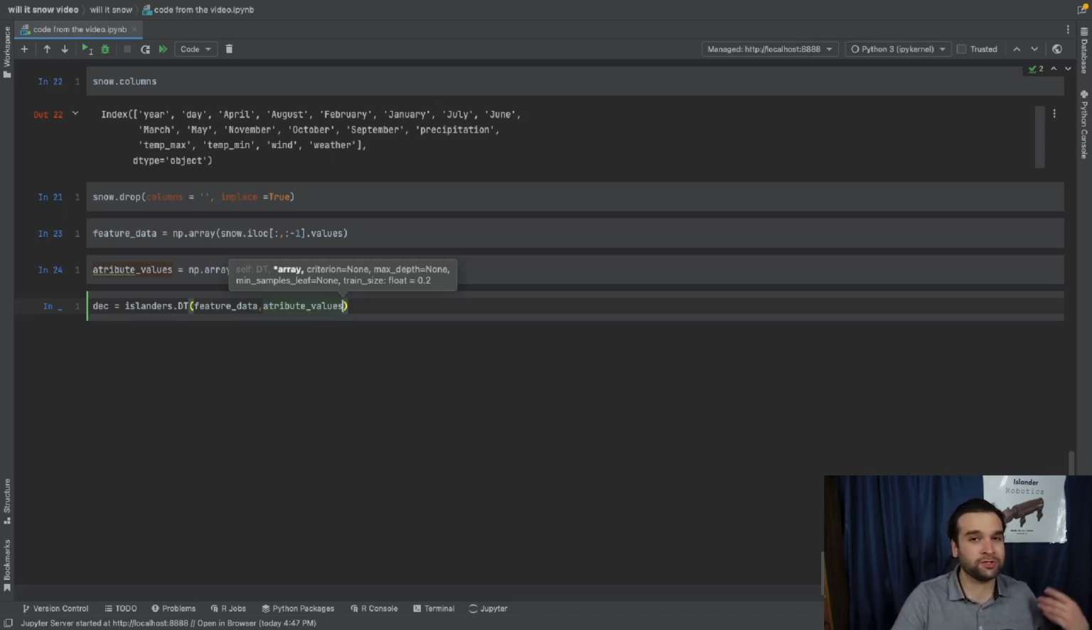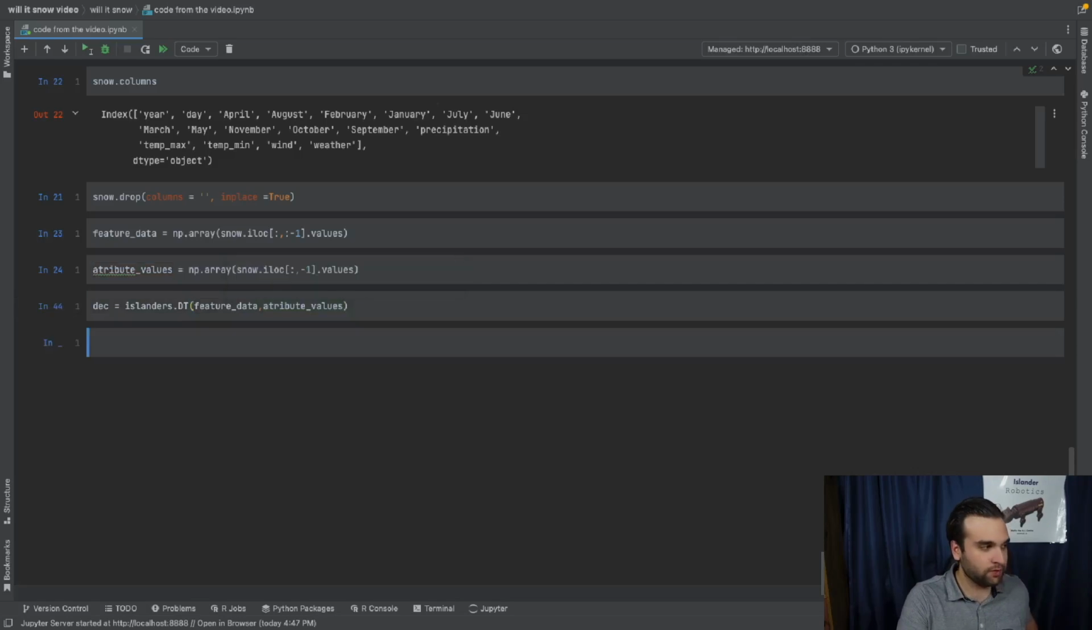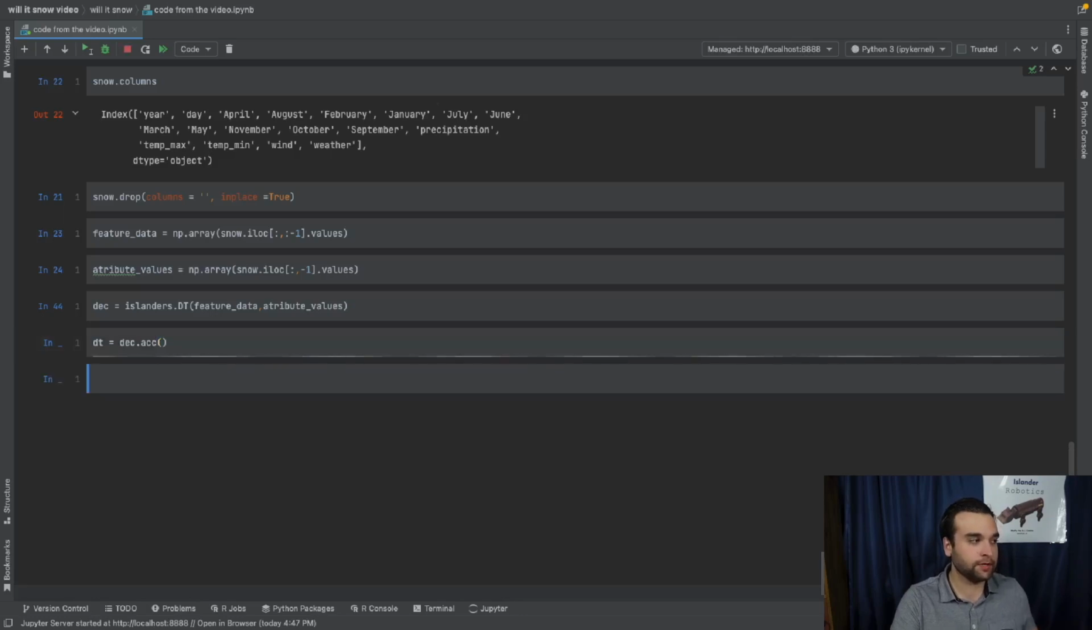But what this is going to do is create a decision tree for you. So we can just run that line, and we're going to say dt equals dec.ACC. Now, when you're using this Python module, just keep in mind that I haven't finished the Python module. There's still some stuff that I want to work out, but the ACC method works flawlessly. So if we run this line real quick, it's going to create the most accurate possible model with the data